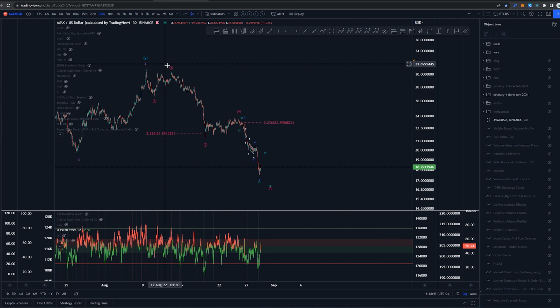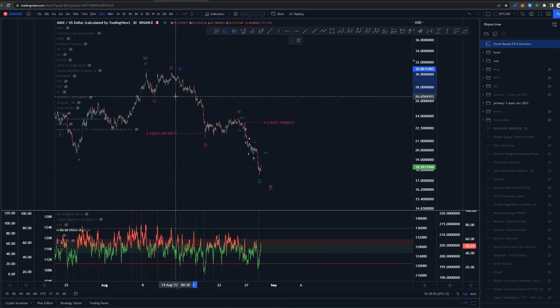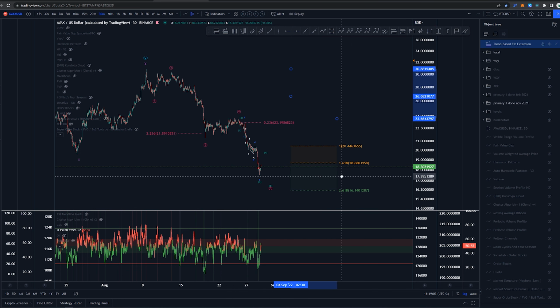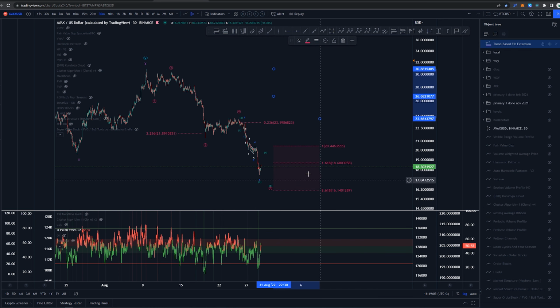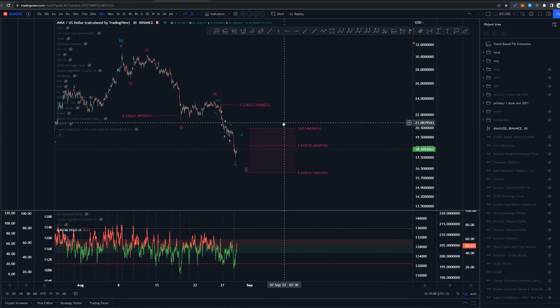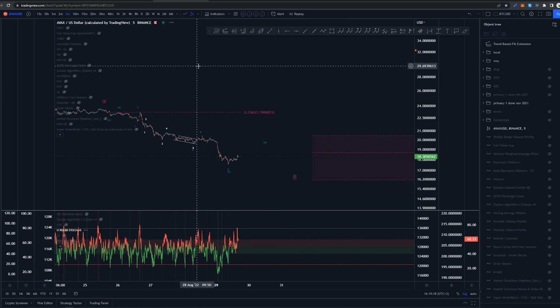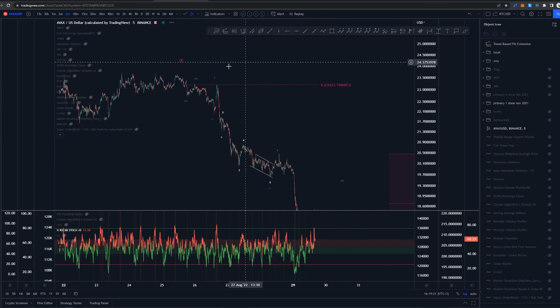Now again, as this third wave is already extended, we don't need to be expecting an extension on the fifth. However, the same as Ethereum, we did get some kind of an extended fifth as well here. So there we go. These would be the targets basically. Two of which we have already gone through, so we only have one more left here, and that would be around $16.14.